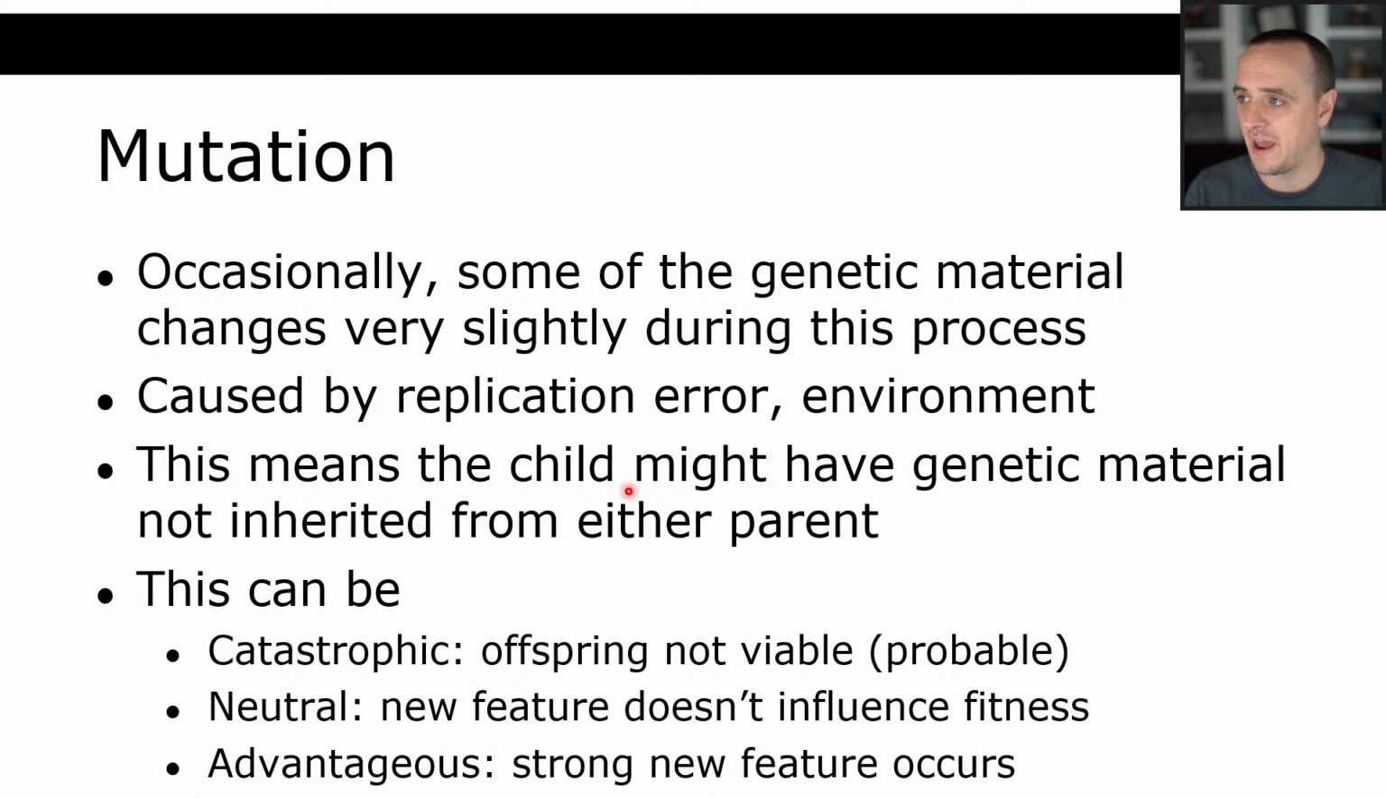Or it could be advantageous, right? We could get hit with that gamma ray that turned Bruce Banner into the Hulk or whatever. Or maybe we get a new piece of DNA that says we should have 7 fingers on each hand, and we're in an environment where a 7th finger would really help us, right? So it could either be catastrophic, complete failure, neutral, we don't care, or advantageous, meaning we are now more fit